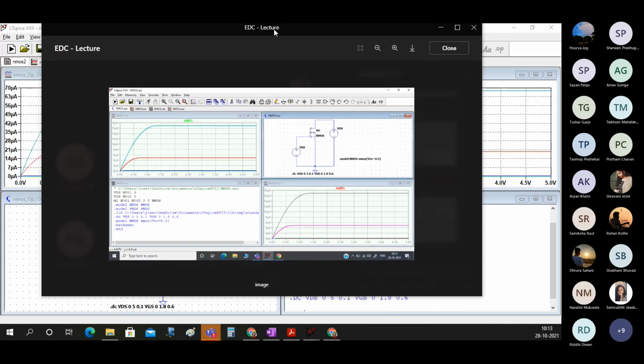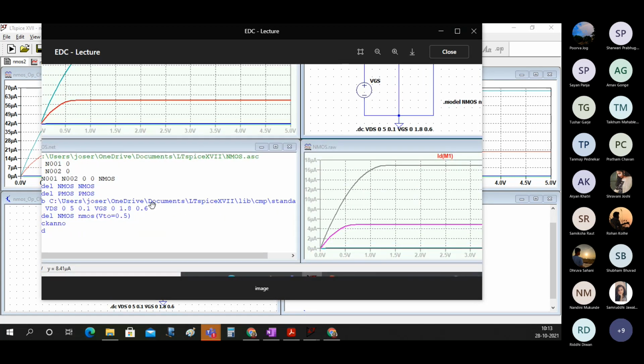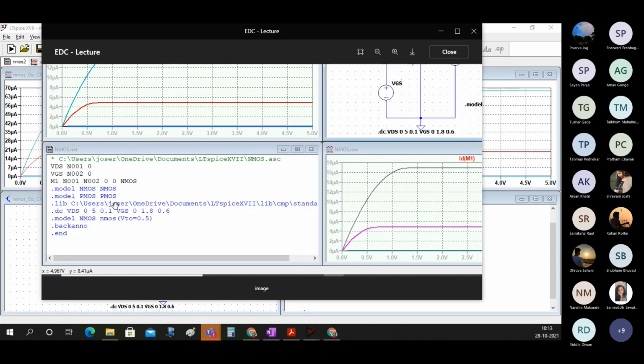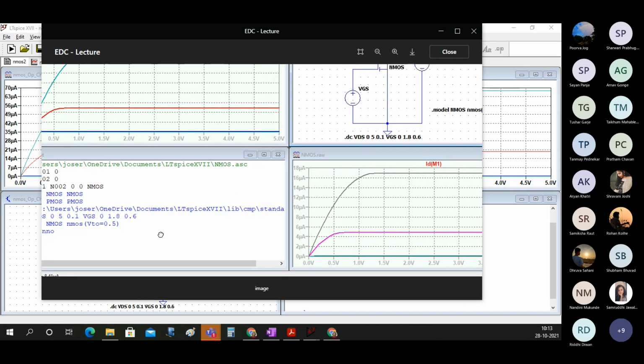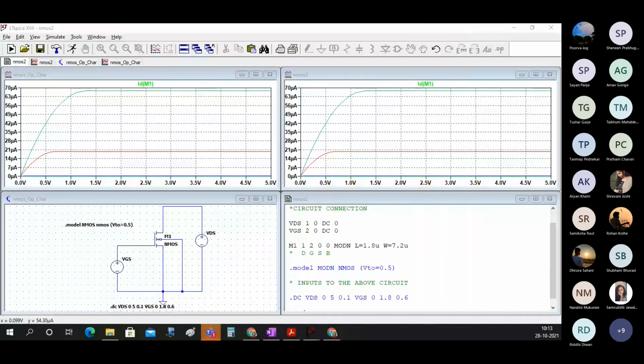Okay, Jose, I think what you have done here is you copied the Spice netlist into this code and then you ran it. That will also work, but what we are learning is to write the code. So I will prefer that you write.